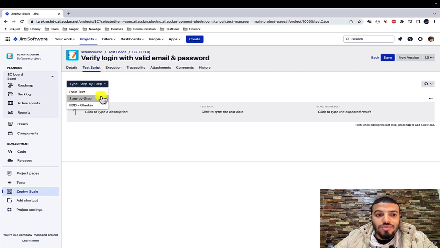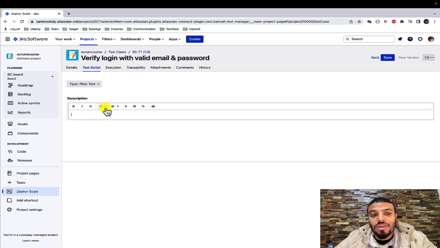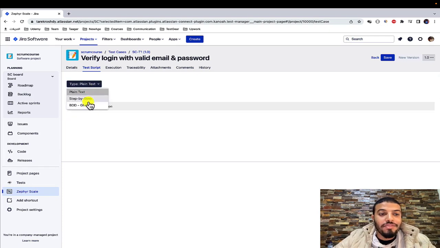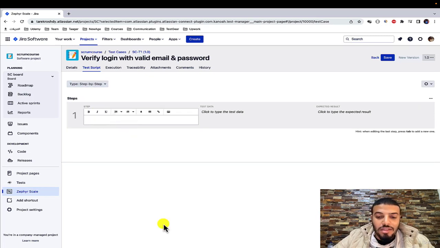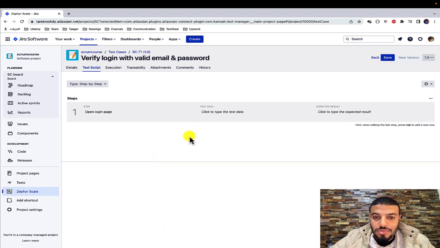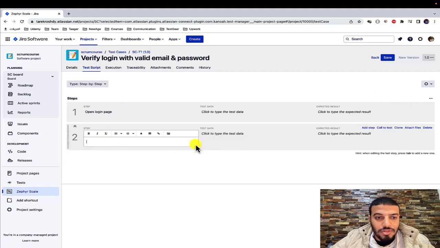Okay. And we have two types or three types of test scripts. We have plain text, and here you write anything. Okay. Just you write a plain text. And you have step by step. This is the mostly used type of steps. So for example, step 1, let's say open login page. Okay. Step 2, then we can add step, and step 2,